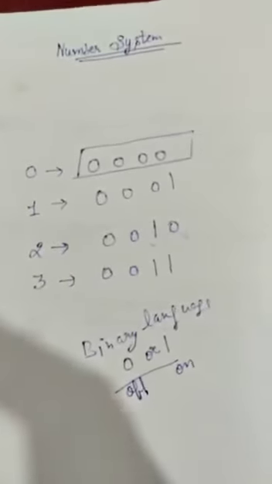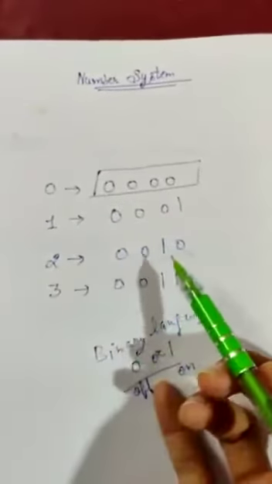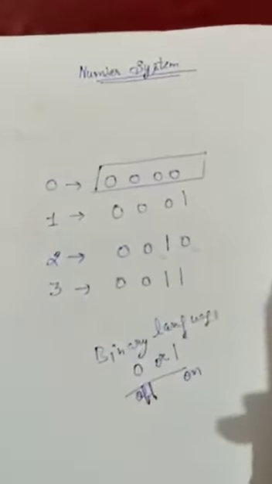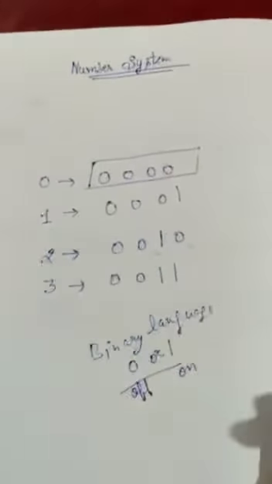Now how can we understand this code? How can we know 1 will be 0001, 2 will be 0010, 3 will be 0011? It is very complicated to understand and to learn. So for this we use a simple code to learn, that is 8421. Later on we'll do all the conversions in detail, but this is a shortcut to learn binary code easily. So here is 8421, that is 1, the double of 1 is 2, the double of 2 is 4, the double of 4 is 8, and so on.